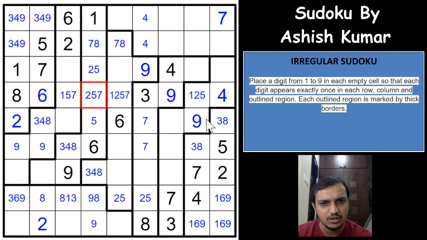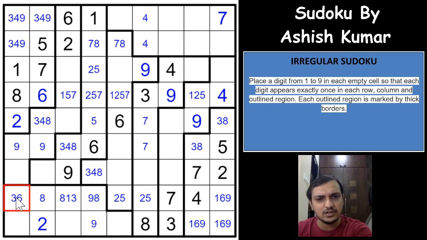Seems to be a tough one. Let's see if we can crack this. As you can see here, 9 in this region will have to be in one of these two cells, and 9 in this region will have to be in one of these 3 cells. So all the other cells in those 2 columns can be eliminated and cannot be a 9 here, which means that